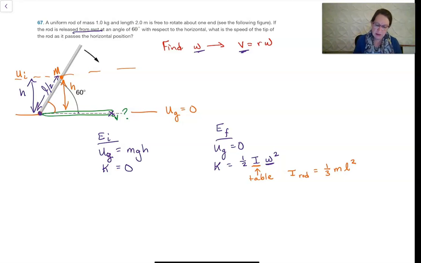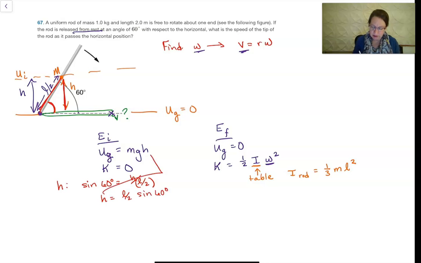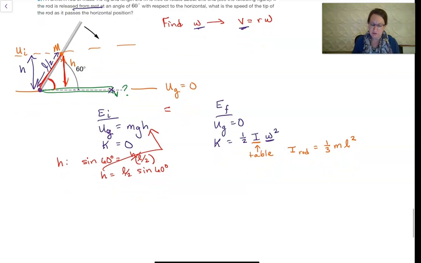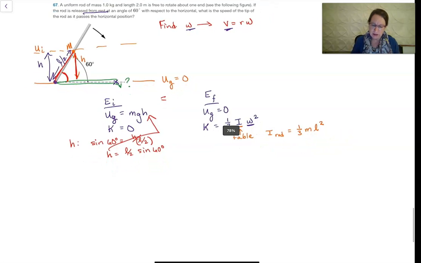So it looks to me like h, we can get it by saying sine of 60 degrees is h over L divided by 2, right? Because that's the hypotenuse. And then we have the height, and we have this angle. So h is equal to L over 2 times sine of 60 degrees. So we plug that in here, and we equate these. We say energy initial equals energy final. And so we get